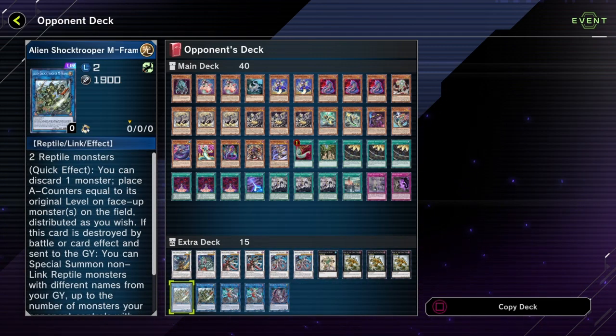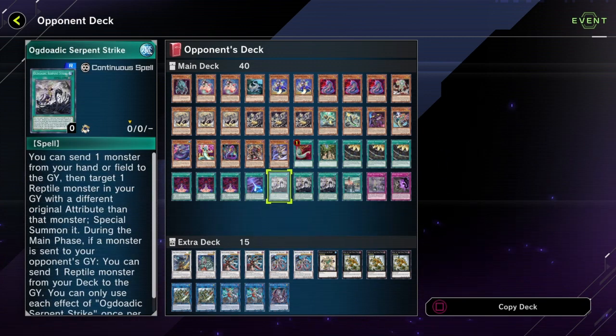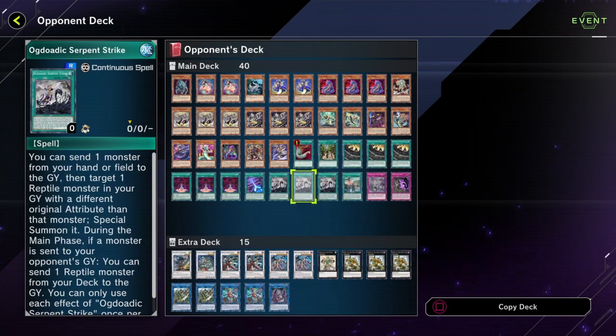I'm not sure if the B Trooper deck is more straightforward than this deck, or maybe I was just going slow for some reason. I need to hurry it up. I don't know. Anyway,